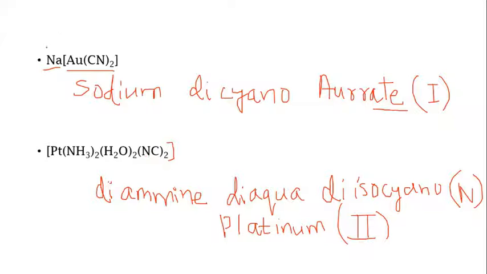In case of cation and anion, you will name the cation first and then go to the anion. So the next example is Co, en taken thrice. This is inside the coordination sphere, and you have ClO4 taken thrice. This is the perchlorate anion. So this is outside the coordination sphere. So in this case, this is the anionic part, this is the cationic part. So the cationic part has to be named first.